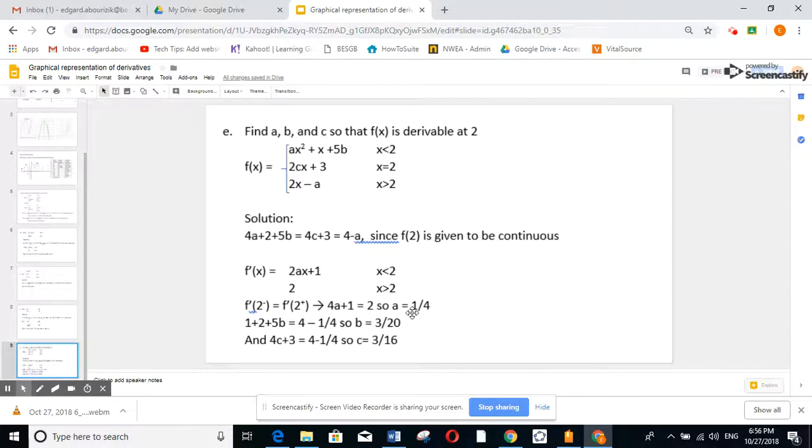So from here, you can get a is 1 over 4. If you replace a by 1 over 4 here, and here a by 1 over 4, you're going to get b is 3 over 20. And similarly here, if you equate these two and a is 1 over 4, you're going to get c is 3 over 16. I hope that you got one derivability about the cusp,